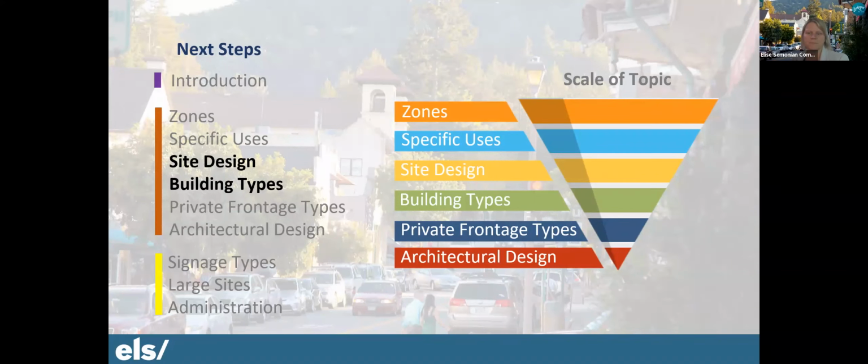Okay. David, do you want to jump back to next steps? Yeah, I'll just quickly say that next time we want to talk about site design and building types, which are the next two main sections. The specific uses section is really about what uses are allowed in zones, so I think that is less of an issue. But the site design and building typology, which starts getting into scale, proportion, and setback, I think is going to be of significant interest to all of you.